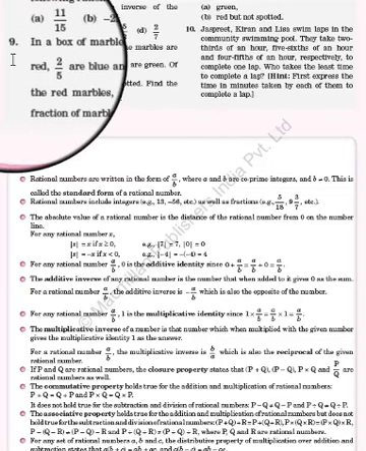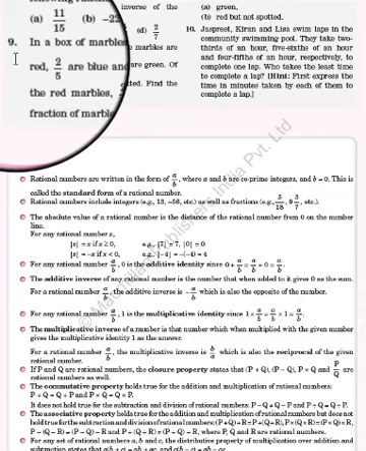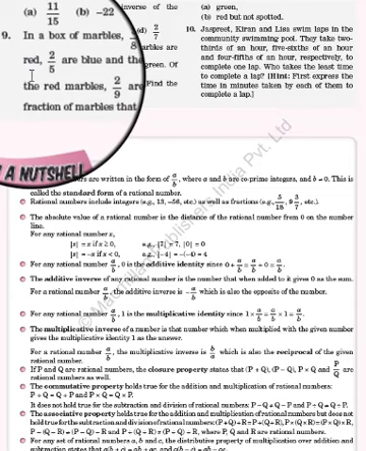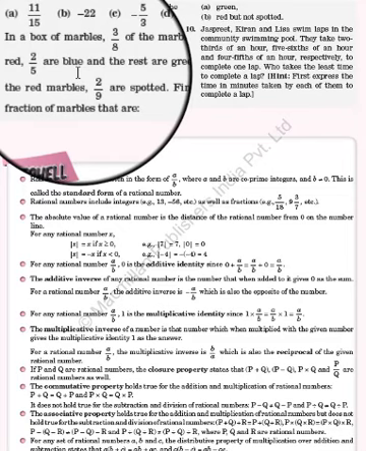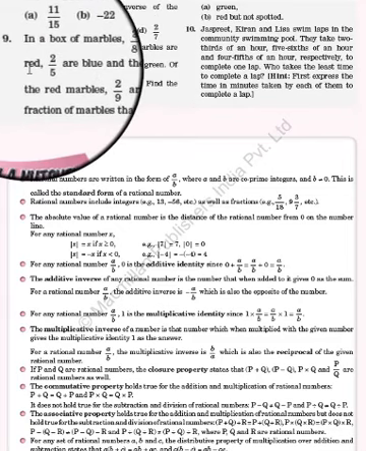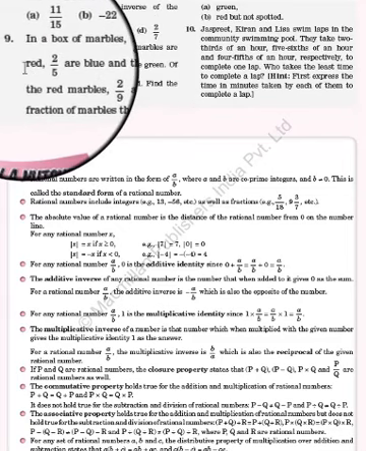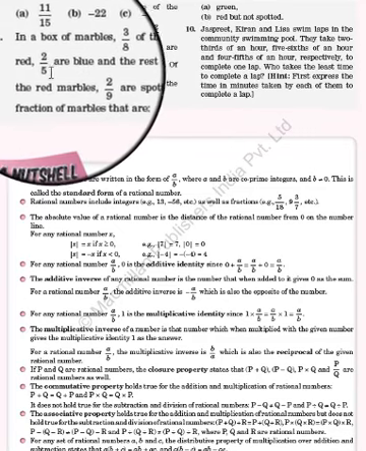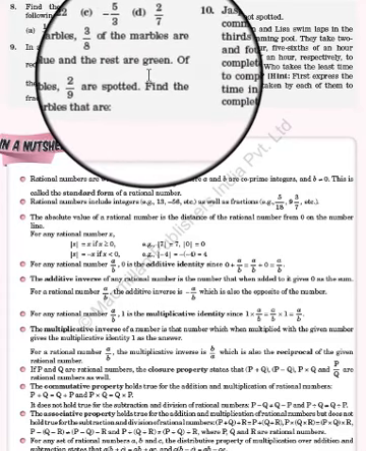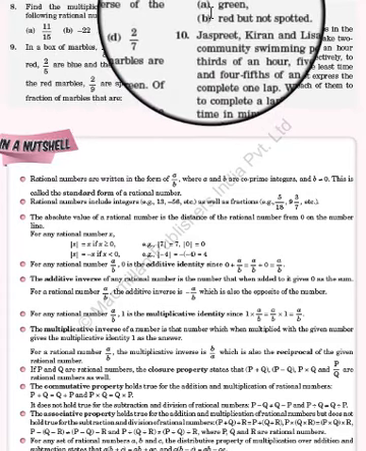Now if we come to question number 9, the box of marbles: 3 by 8 marbles are red, 2 by 5 are blue, and the rest are green. Now what you have to do in a copy is write down first of all red equals 3 by 8, then blue equals 2 by 5. We have to calculate first of all the green, as the question says in the A part, we have to calculate for the green.